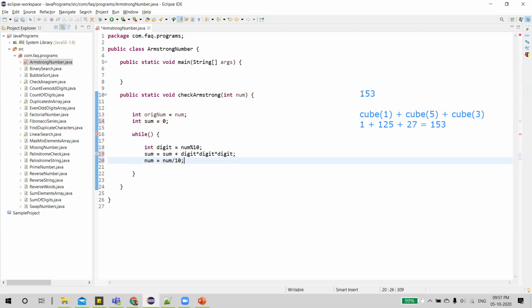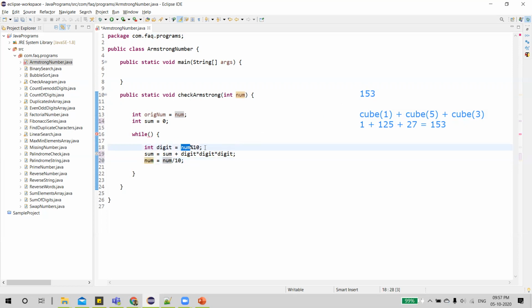It will actually give us 15 as the result in this number. So, eliminating or leaving the rightmost digit 3, then what happens? It will again go back to the loop. For now the condition is true, so it enters. The number now is 15. If you look here, I am dividing it by 10 and storing it into the same variable number. So this number is 15 now.